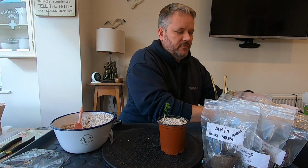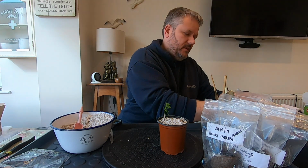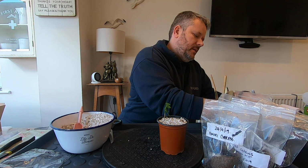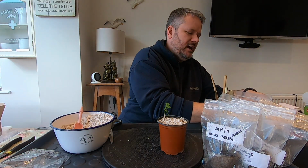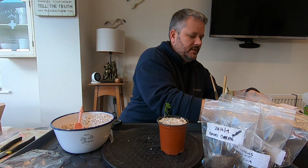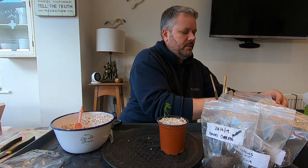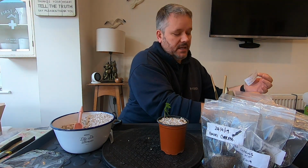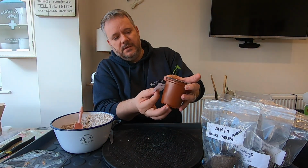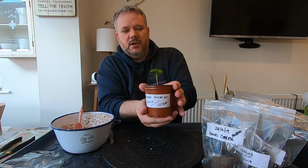Panekoo Bonsai Kit, and it was originally started back on the 24th of September 2019, and it's now moved on, and it's the 1st of the 3rd 2020 at this stage of moving on into a larger pot, although we've kept it in the compost pot. I just don't want to disturb the roots. I want it to be able to keep going. So there it is, Panekoo Bonsai Kit